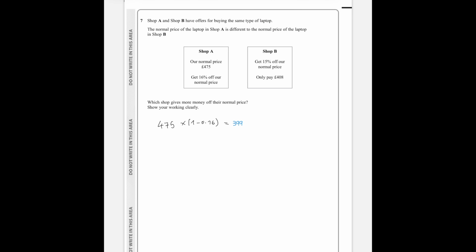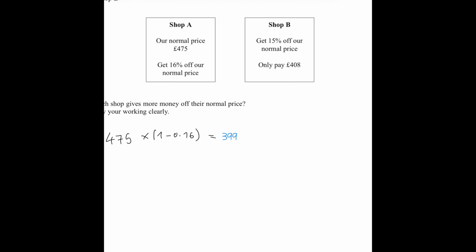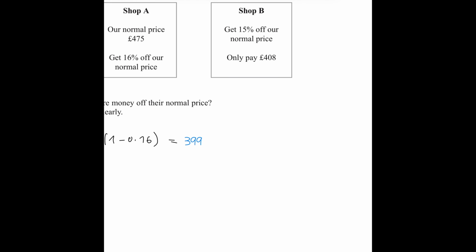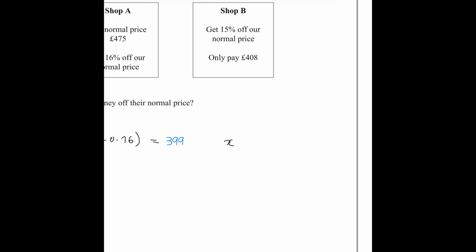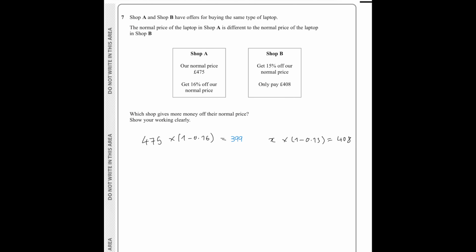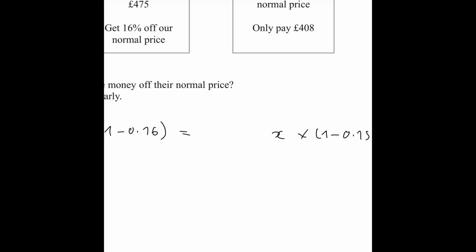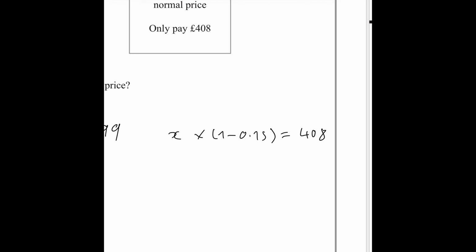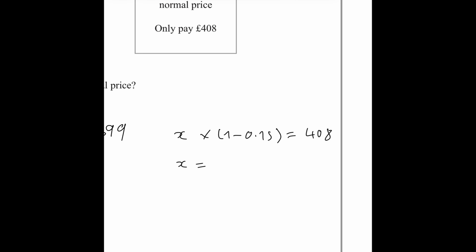In Shop B, you get 15% off your normal price. So basically, what that means is a number, which is the original price, the normal price, multiplied by 1 minus 0.15 is 408. So basically it's the reverse of what we just did for Shop A. So all you gotta do is rearrange for x, which is going to equal 408 divided by 1 minus 0.15, which is going to give you, let's see,